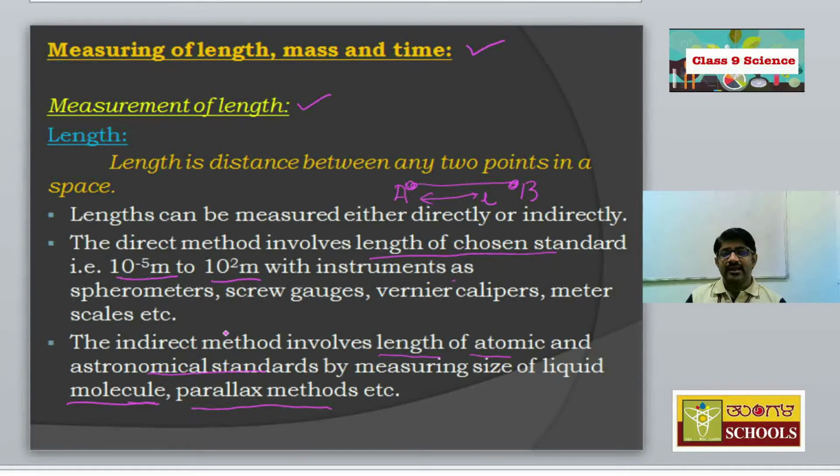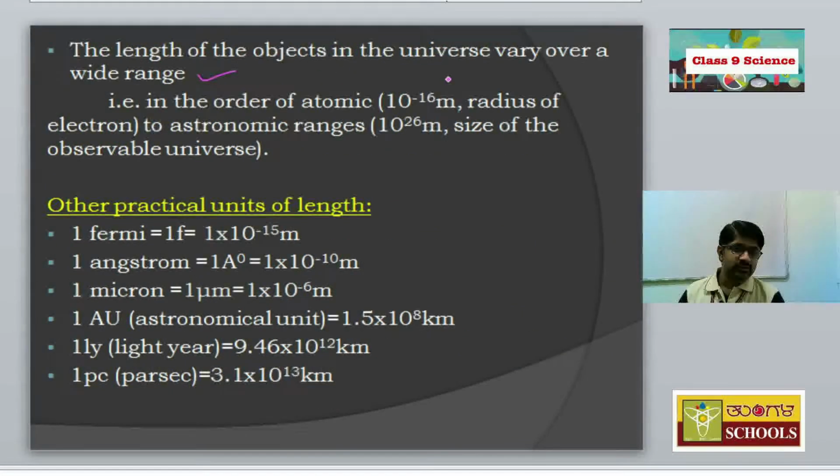And if the length is more than 10 to the power 2 meter, we are using parallax methods, and again we are moving to the astronomical standards. Well, okay, of the objects from smaller scale to higher scales, length is varying in a very wide range, that is in the order of atomic to astronomical ranges. See, atomic standards of 10 to the power